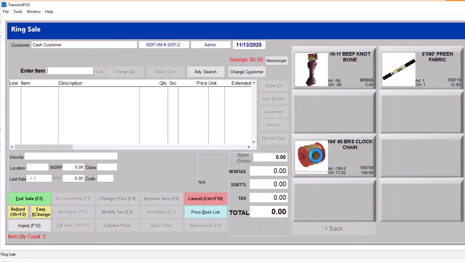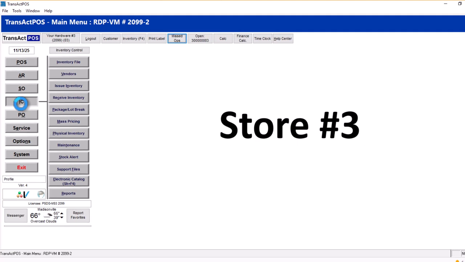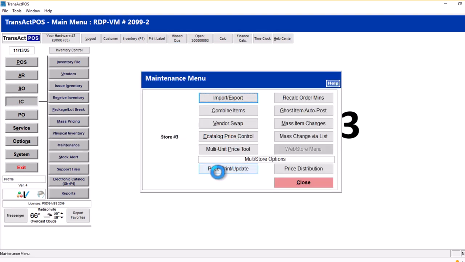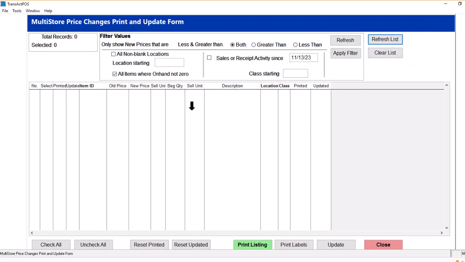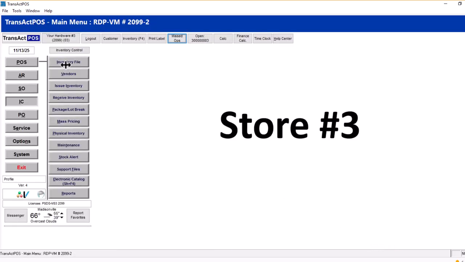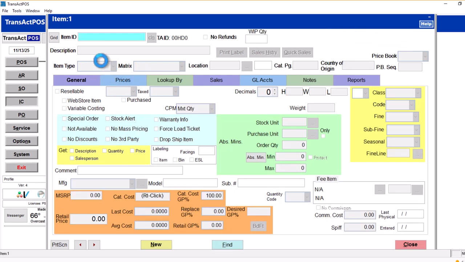Now, the process for the other store is going to be identical. So if we go to my store 3 here, there I will do the same process. I'll go to IC, maintenance, print, price print update, refresh. I should have that show up. Now, in this particular case, I wonder, why don't I have that price update? If I go to inventory file, if I go to 709, 709,